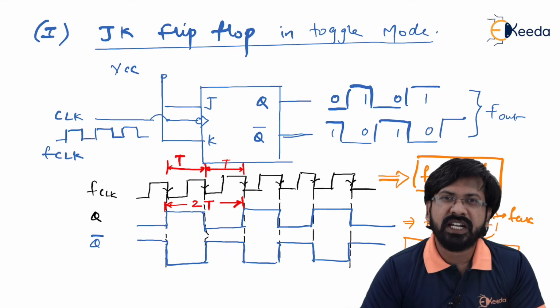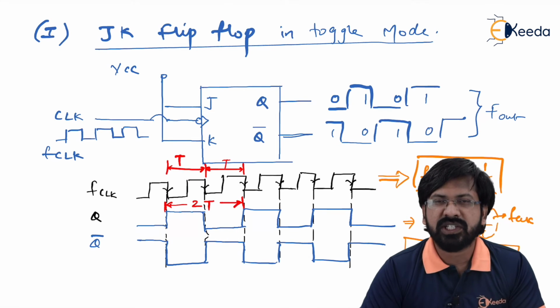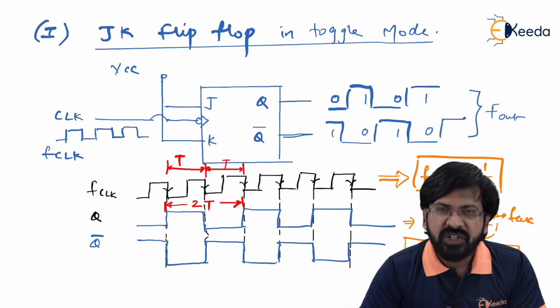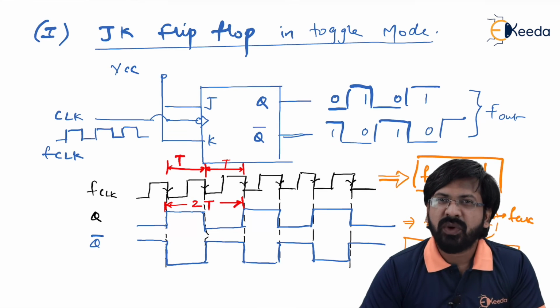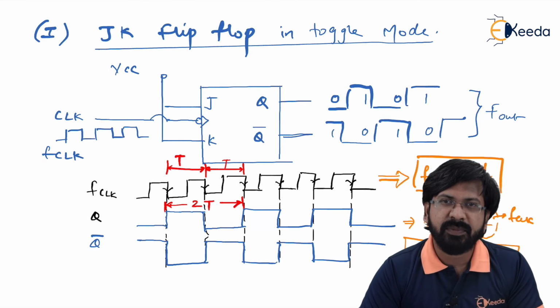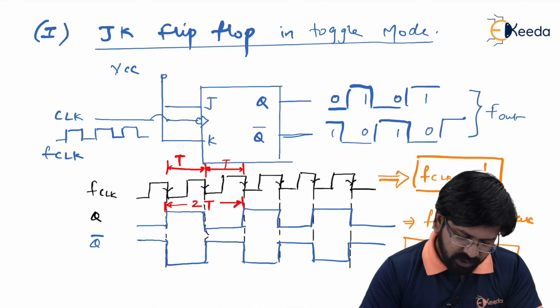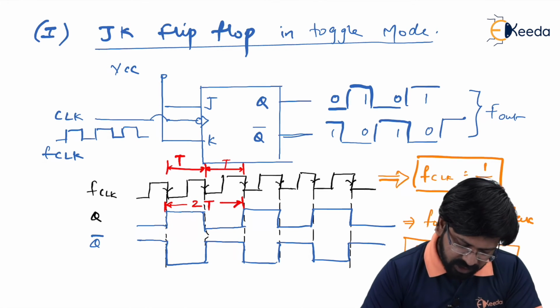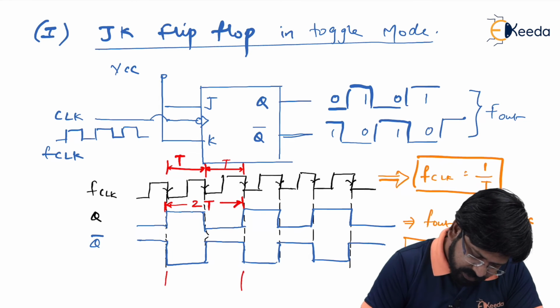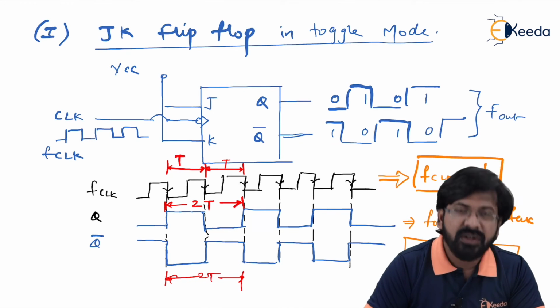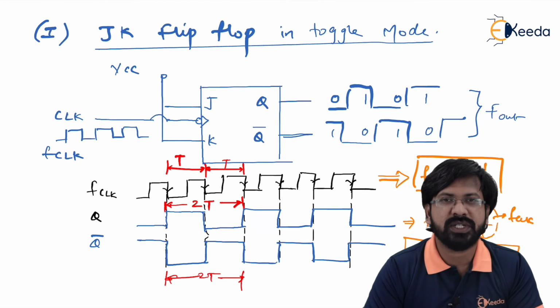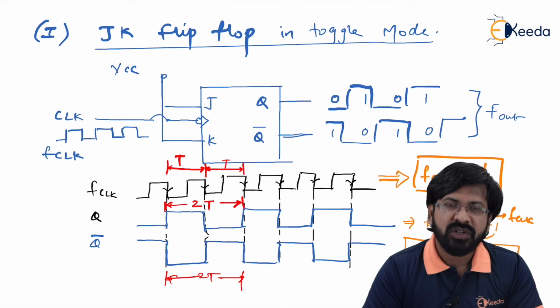Here, since we have used negative edge triggering, at every negative edge Q as well as Q bar will keep on complementing itself, which generates a square wave on both Q as well as Q bar. Let's say this square wave has frequency f out. This f out is always f clock frequency divided by 2, that is, input clock frequency divided by 2. And how it happens, this is what we have seen here also. As you can see, the time period for this is also 2T. Therefore, this will also have a similar f out. So this f out is applicable for both the frequencies generated at Q as well as Q bar. I'm sure you must have understood this concept.